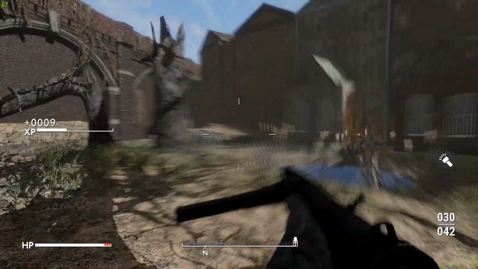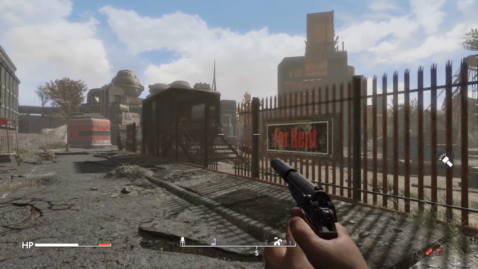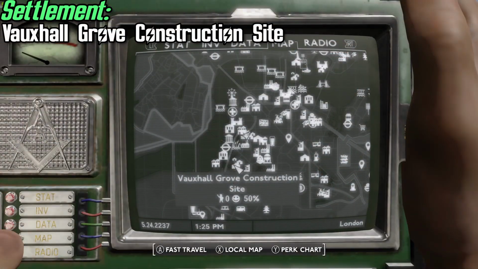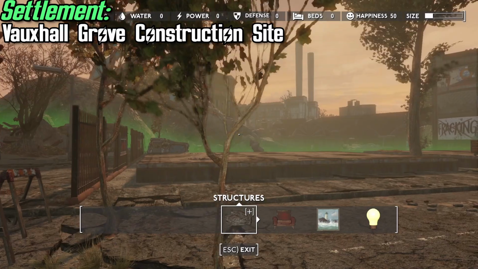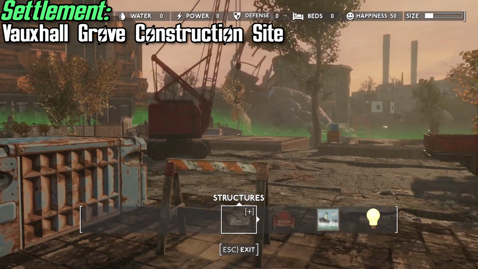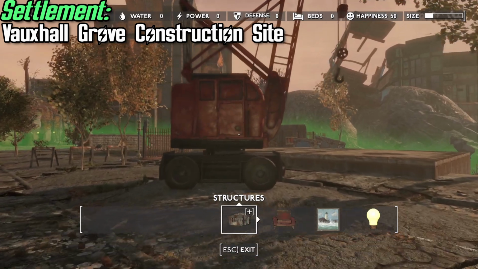Though if you consider yourself a post-apocalyptic architect kinda like me, then our next settlement is probably for you. This is Vauxhall Grove construction site. Now while this is very sad and I'm sure a lot of real estate investors missed out on their investment, their loss is our gain here, as this newly minted affordable housing property provides a similarly even building space as